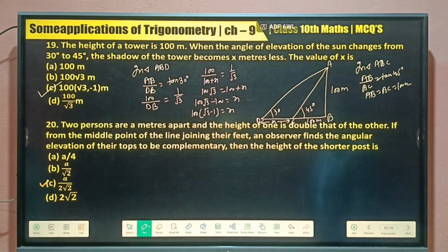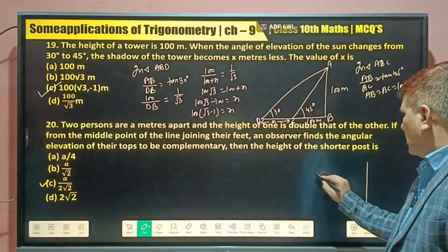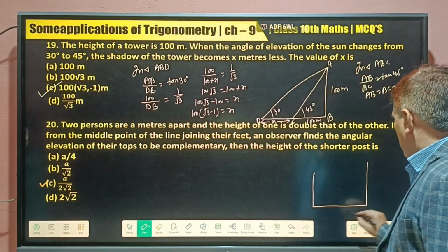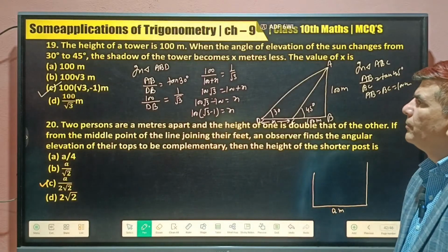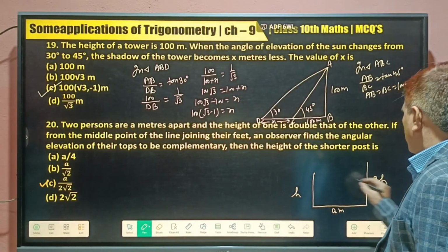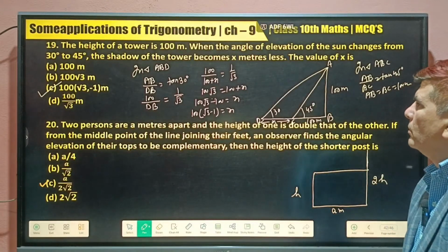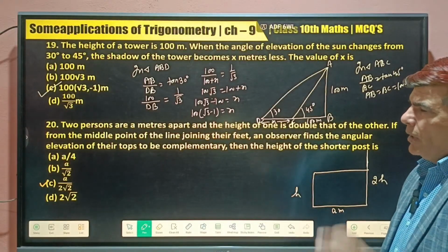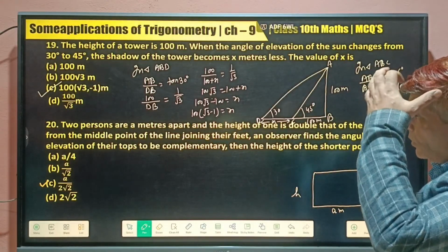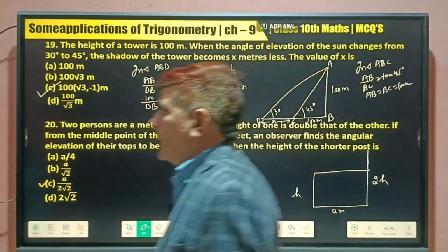Now, one more question. Two persons are a meter apart and the height of one is double the other. One person is this, the other person is this. And this distance is a meter. If one height is h, then this is 2h. Like this. It's meaning this. If from the middle point of the line joining their feet,